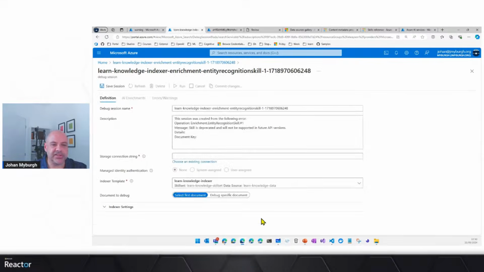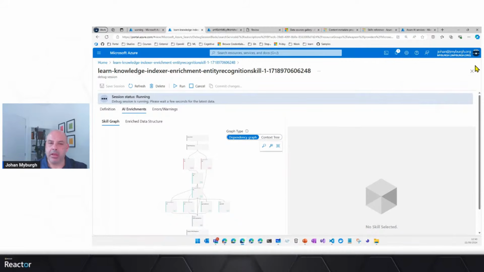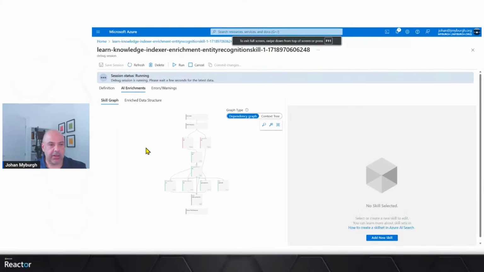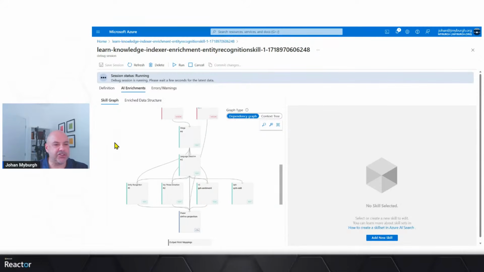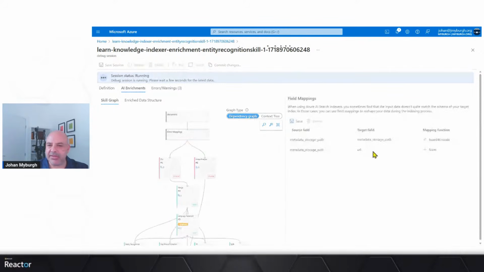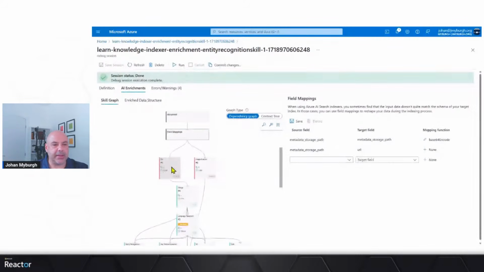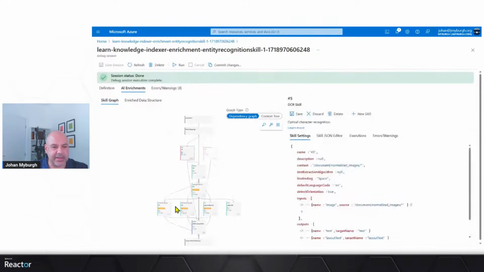I usually use the search debug option, and you can see that I can save this now. Let me just F11 this quickly and give you a little bit more space here. You'll see what it's basically doing is running the session now. Here we're cracking open the document. If I go to my field mappings, it shows me the field mappings, right? And if I click on one of these, like OCR, for example, you can see it's actually